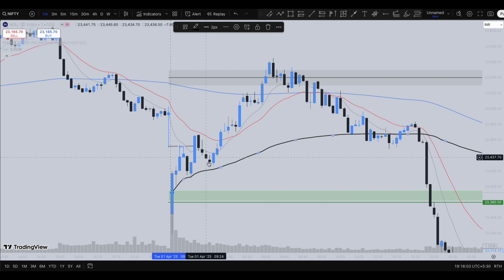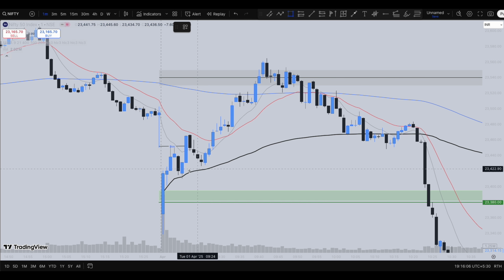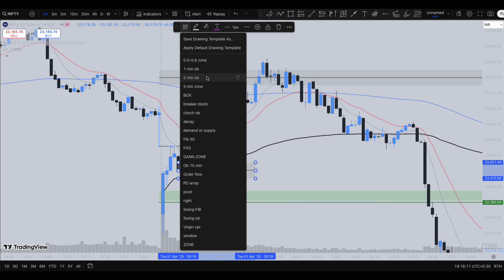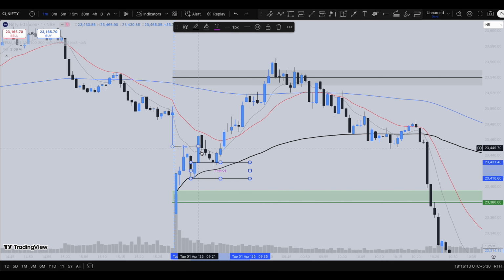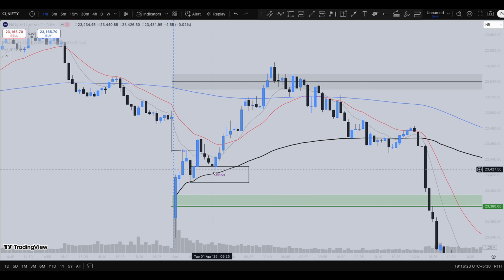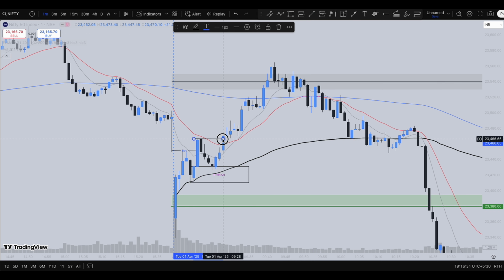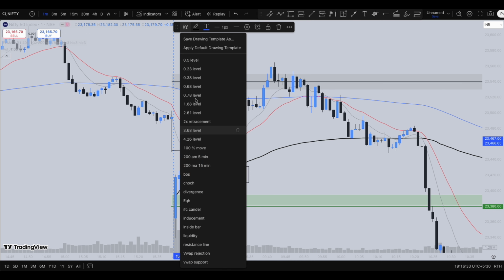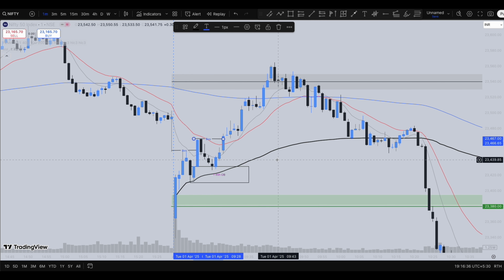And you can see after that the market retraced to this order block level. This is the order block. You can consider this to be a 1 minute order block where the market retraced to this order block level and formed another bullish candle over here. This is a bullish engulfing candle. And the market, again, after mitigating this order block, even broke this high, clearly signifying some sort of bullish momentum. You can consider another breakout structure.